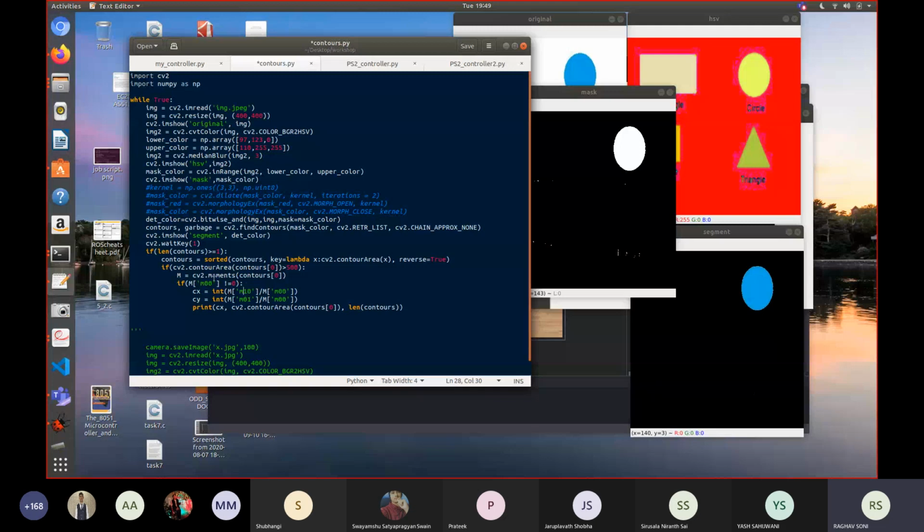So cx is given by this moment divided by this moment, and the y coordinate of the centroid is given along this line. Then you can print this cx, the x coordinate, which you will use majorly. The y would not be of much use to you.